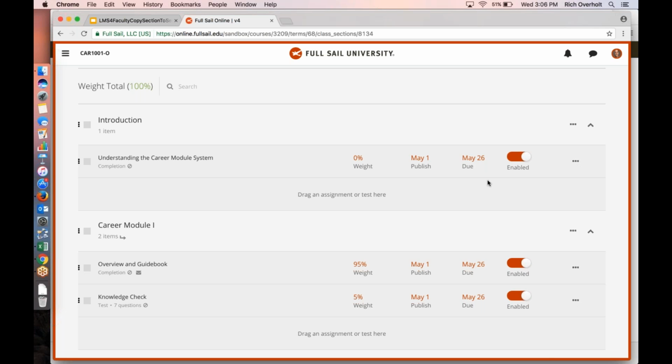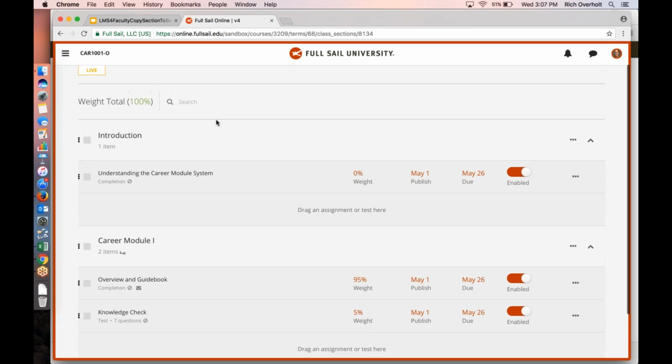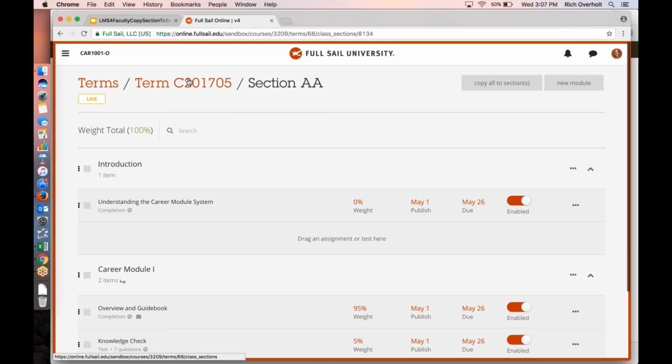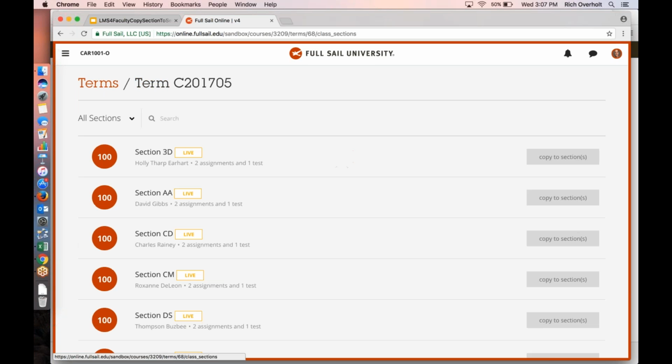We can see that these items are enabled, and we can see the specific dates within the May term and the relative weights. Now, in looking at this, if we decide, hey, this is in fact what we want, we can return to the prior view of sections,